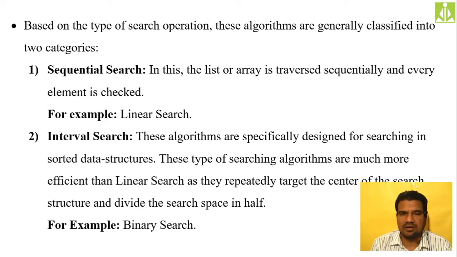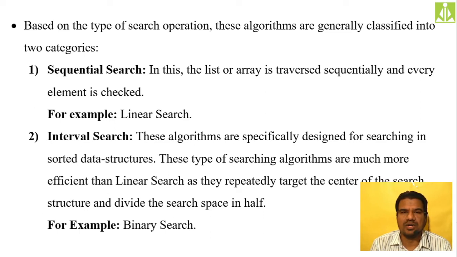Because this procedure we already know from our first year. We are taking two variables over here, one to point to the beginning, the first, and one to point to the end, that is last. So first and last variables. Along with that, we are also taking a mid variable. How are we calculating mid? Simply first plus last divided by 2. This formula we are using in order to calculate the mid.